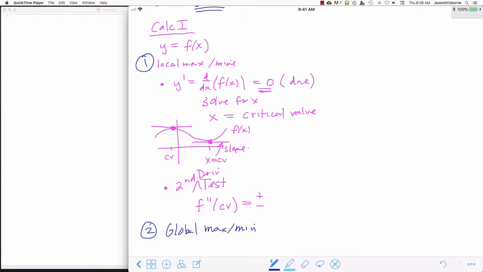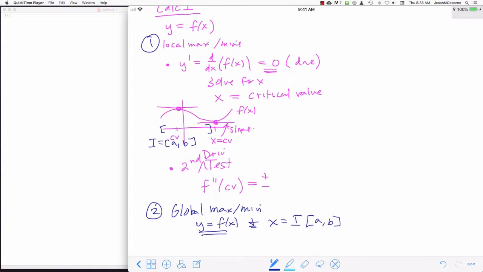And the global max-mins for a function would be asked if you are given an interval on which your function is defined, right? So the question would be if y equals f of x and x is from the interval a to b, right? What is the maximum value of the function where the domain of x is restricted to be some values between a and b? Okay, so at what value of x does the